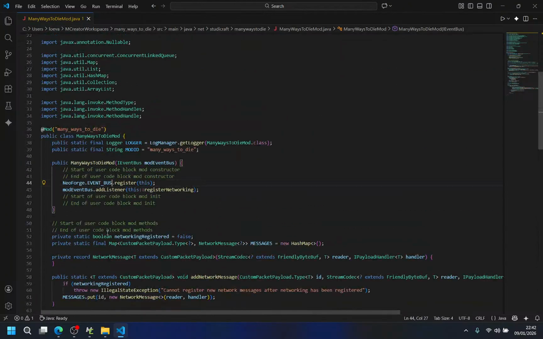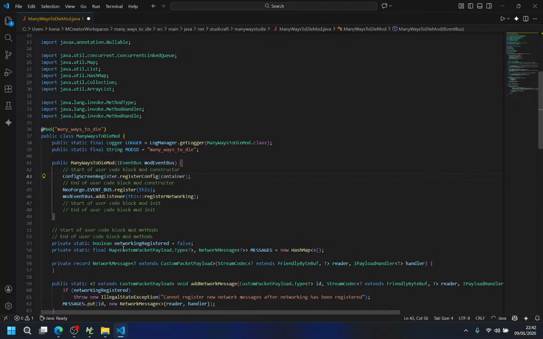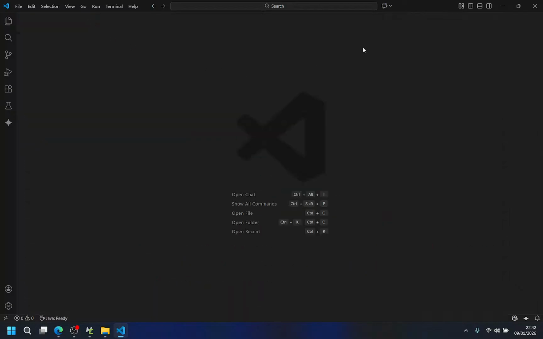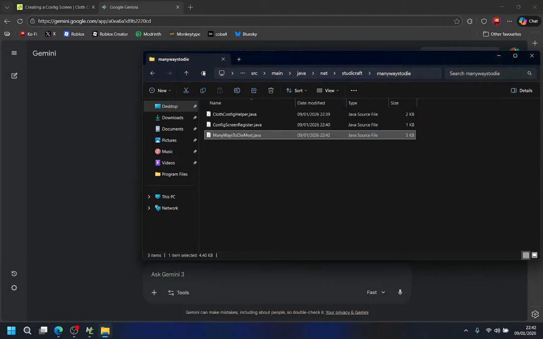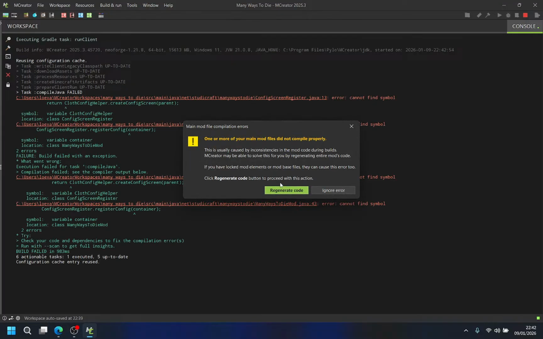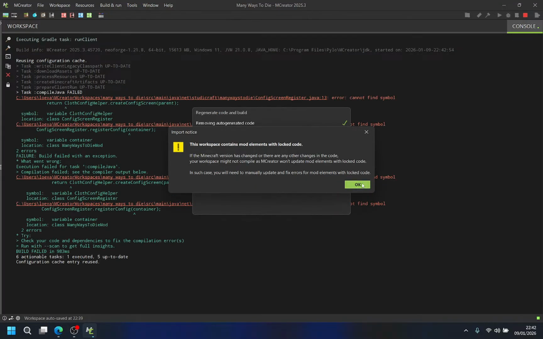Okay, great. So it's this one. Mod constructor. I think it's this one I need. Start of user code block mod constructor. I think it's this. But I have no clue. So yeah. Original code.